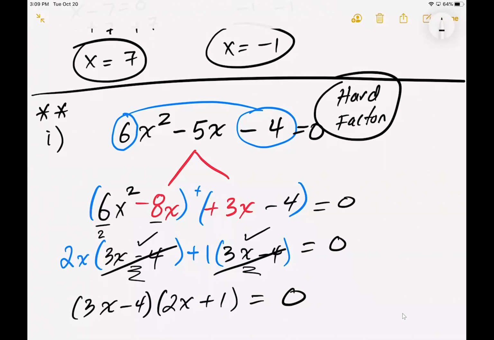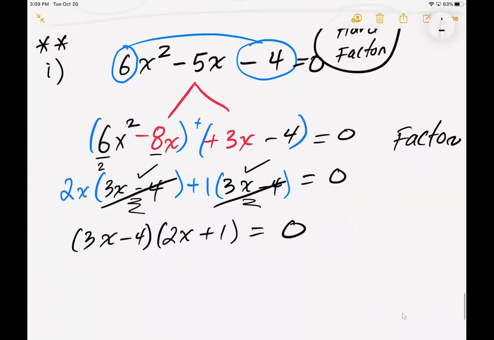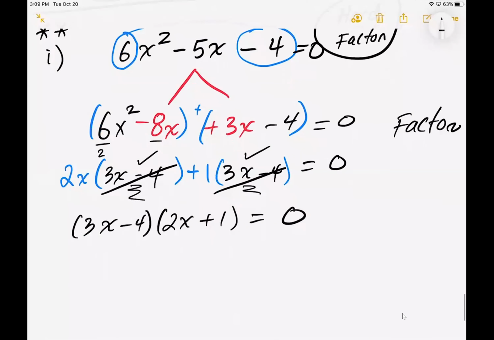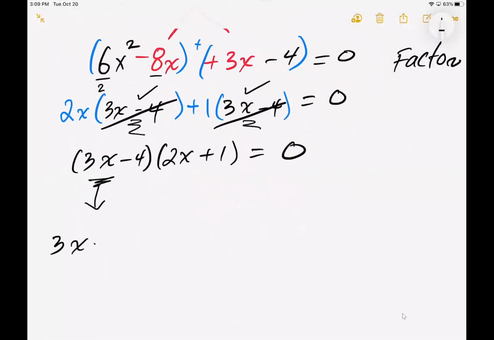So if you know the AC method, you do the AC method. If you like the guessing method, you can do the guessing method. This is what we did so far. What we just did was we just factored. We haven't solved yet. In order for you to solve, you have to get x by itself. And that's why I say that this is a hard problem, because it took us longer to factor. Because once you factor, the only thing new in chapter 6.6 is